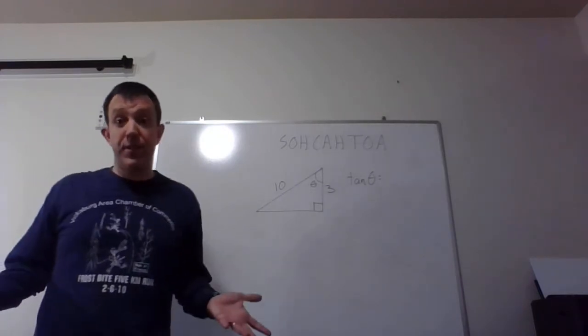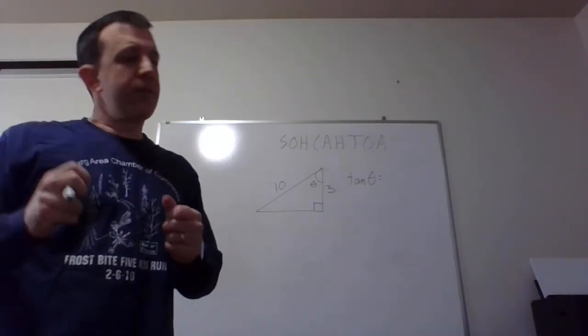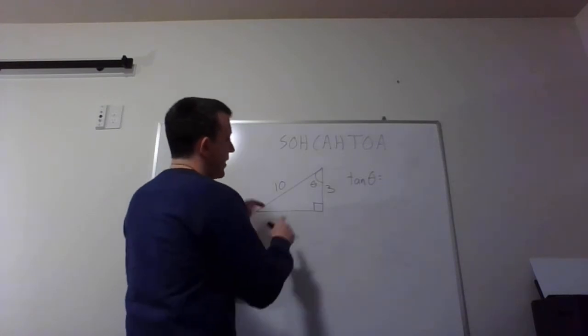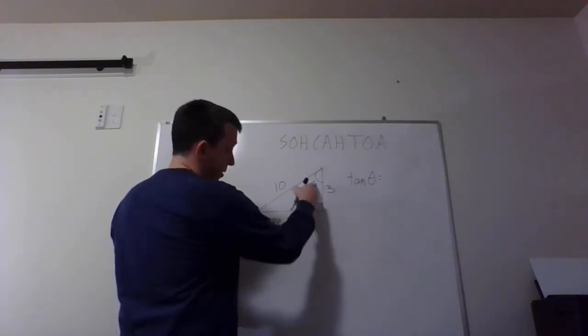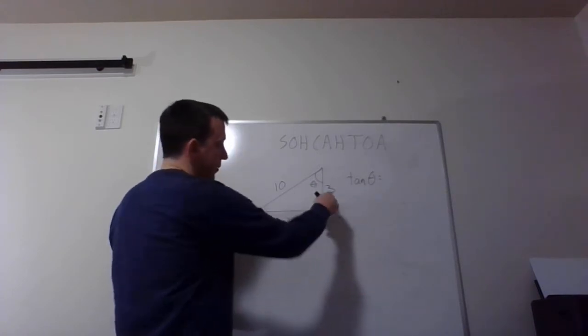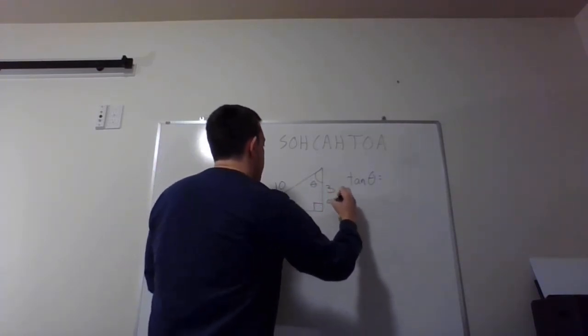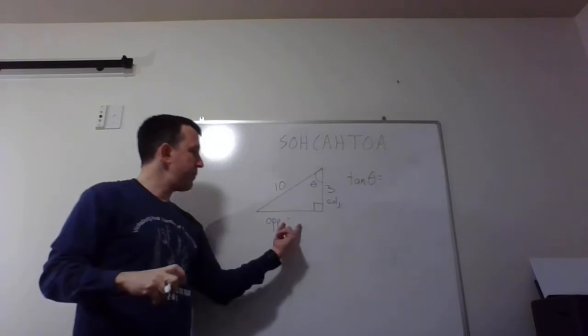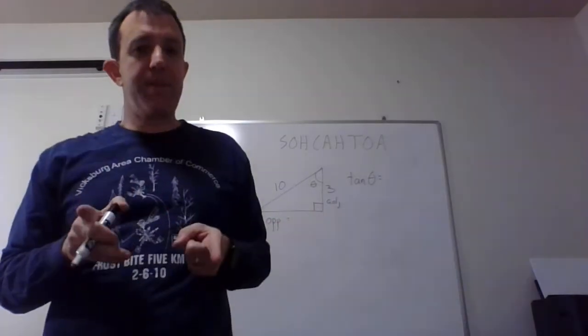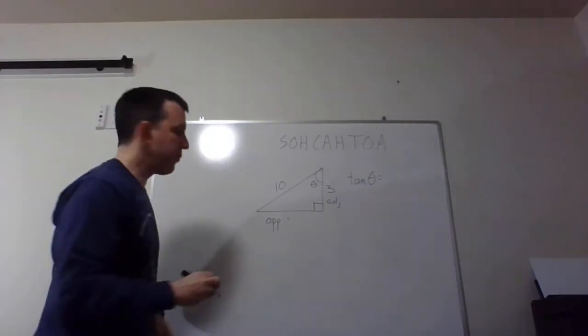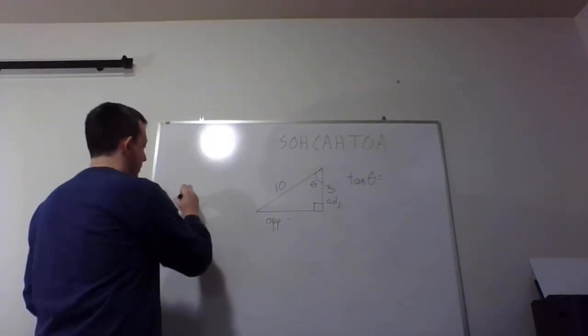We could put all 6 of them together, but it's going to be really nice. So tangent is opposite over adjacent. This is my opposite side, because it's across the triangle from the angle, and the 3 is my adjacent side. So the good news is I have the 3. The bad news is I don't have a number here. That's going to be problematic, except it's not, because we have that wonderful thing called the Pythagorean theorem,